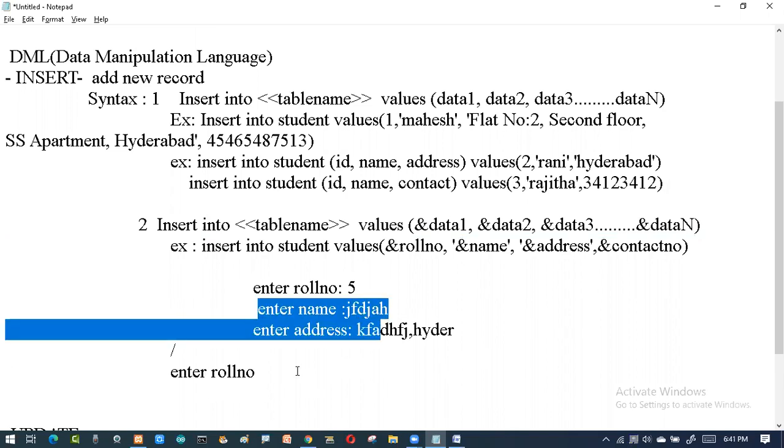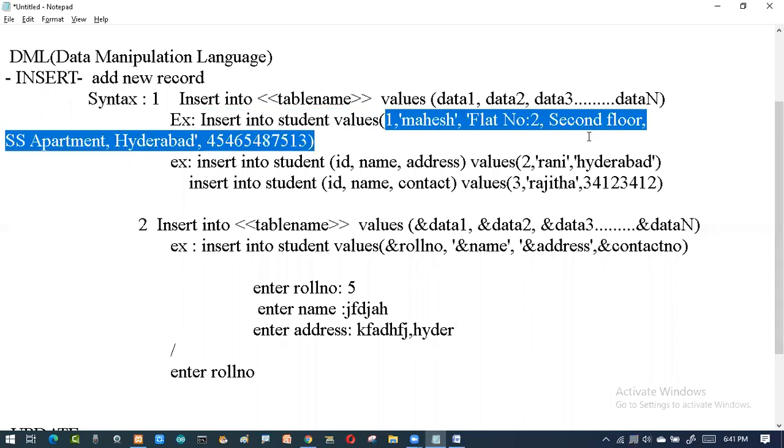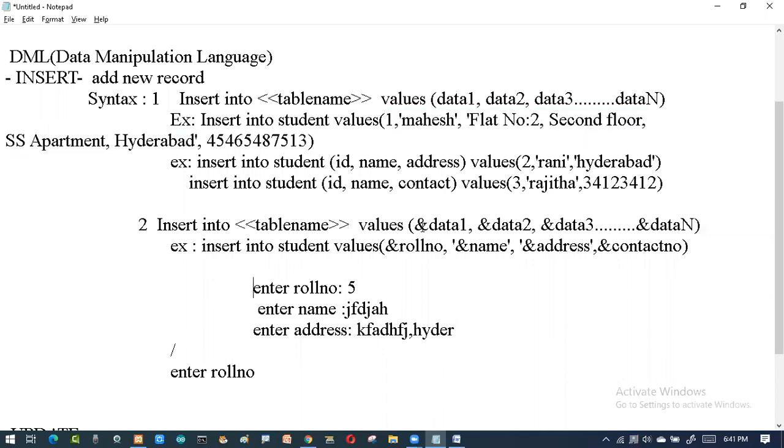That means my work has become simple: I simply take the file and enter the value. Previously, in the first case, every time I had to write the entire syntax again and again. It has been made simple with the ampersand.